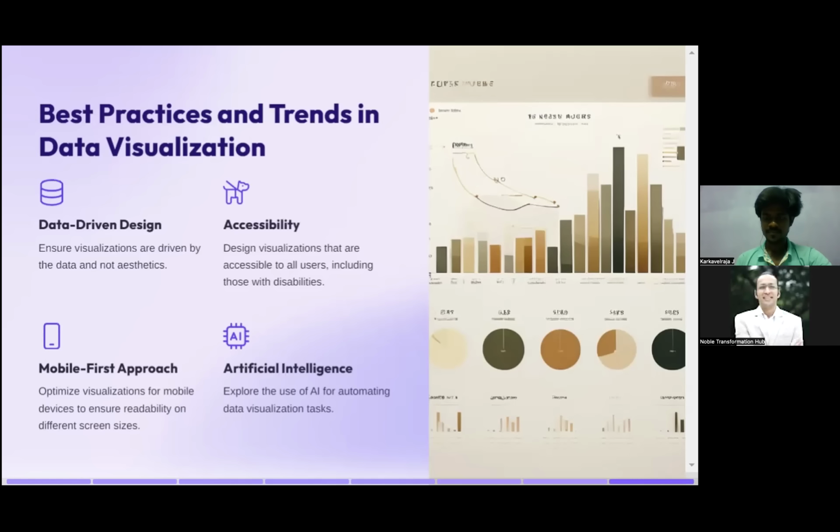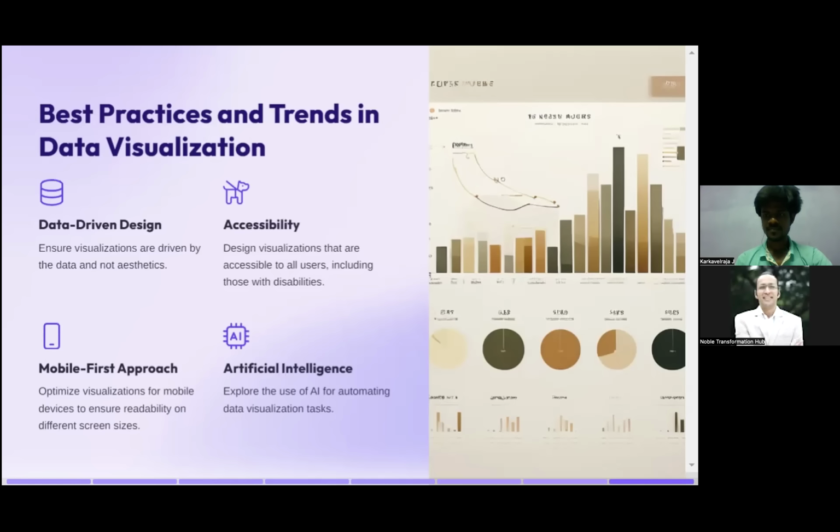We are solving problems. There is no other goal. We are developing solutions. So ensure the visualizations are driven by data, not aesthetics. Whatever your data is, it should tell the story without speaking. You need to have the skills to understand the language of data through visualization, so that the data tells the story using different methods of data science